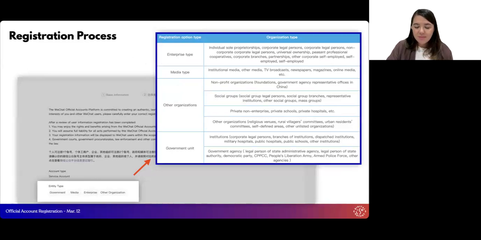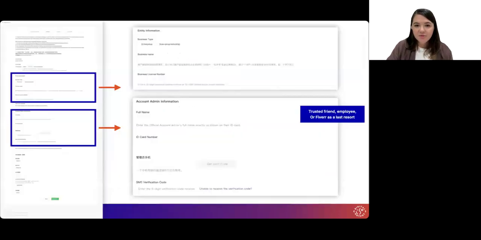So what happens next when you choose the entity, let's say enterprise, is you will need to upload your business type, business name, and business license number, and right away WeChat will ask you for the account admin information. So here you already need to put an ID card. It doesn't accept a passport. So as I mentioned, in this case, either a trusted local friend or an employee,